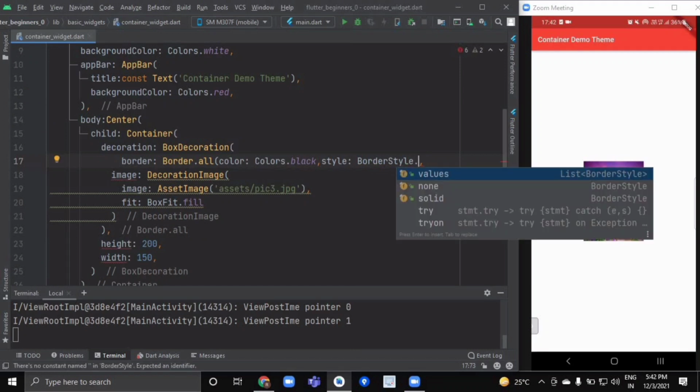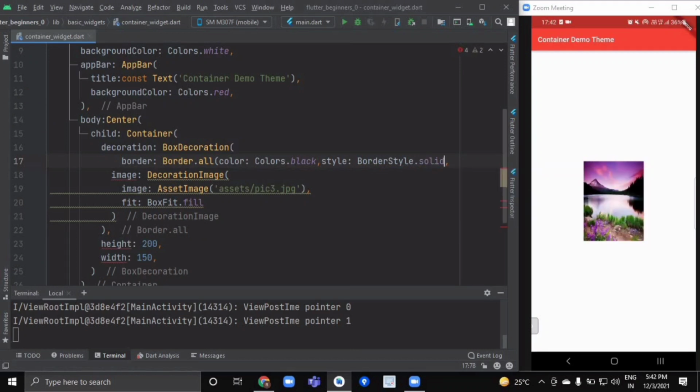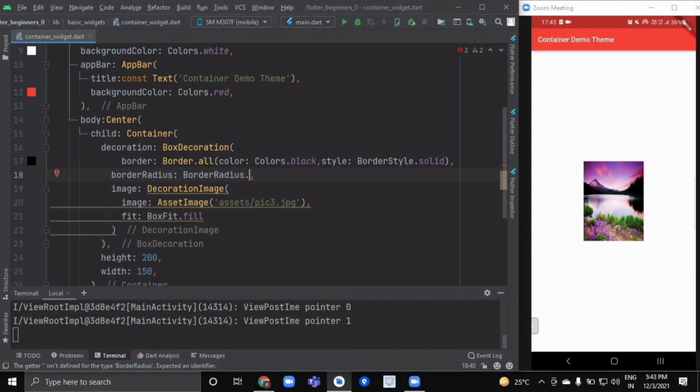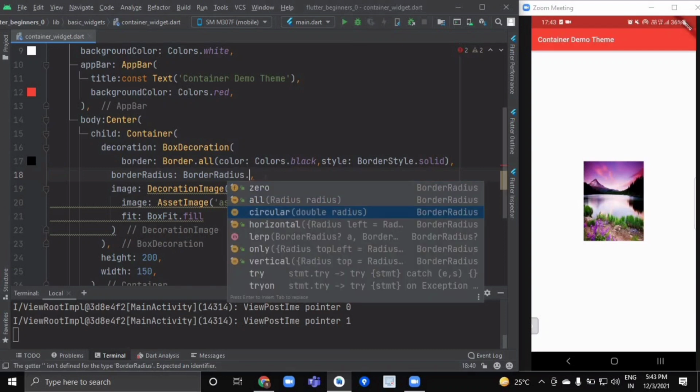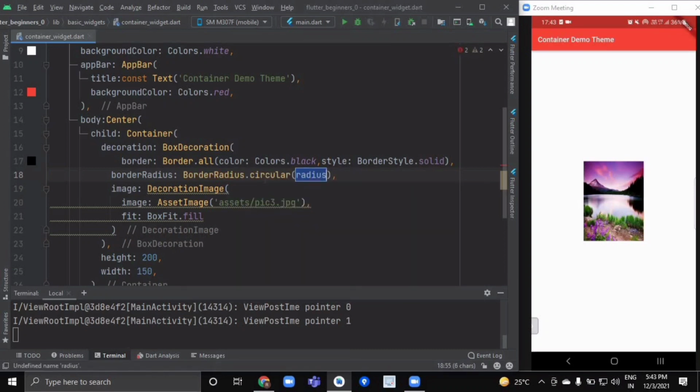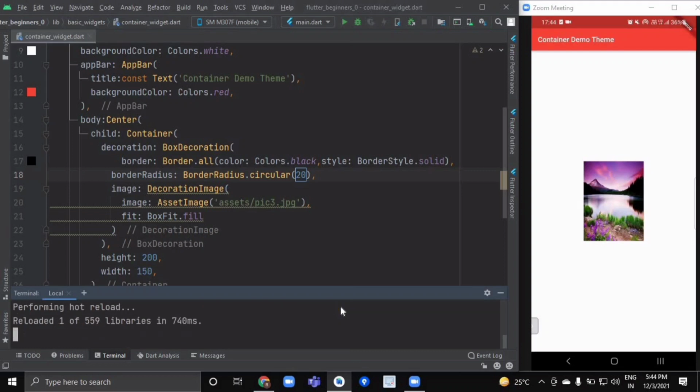The border style can be a solid line. Now if we want to provide some border radius to the container border as well, we can use the border radius attribute. We'll write border radius dot circular and provide some value like 20, and just hot reload it.